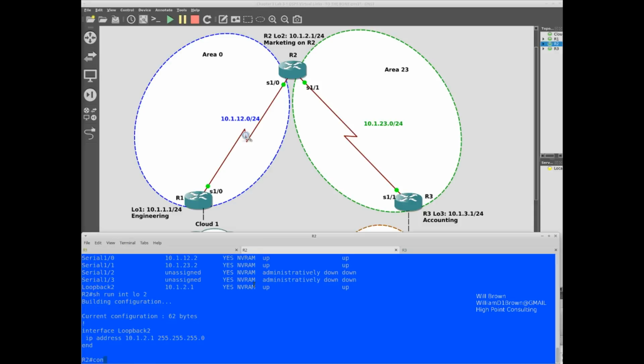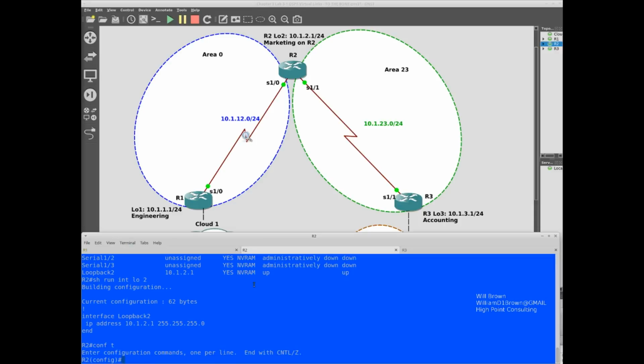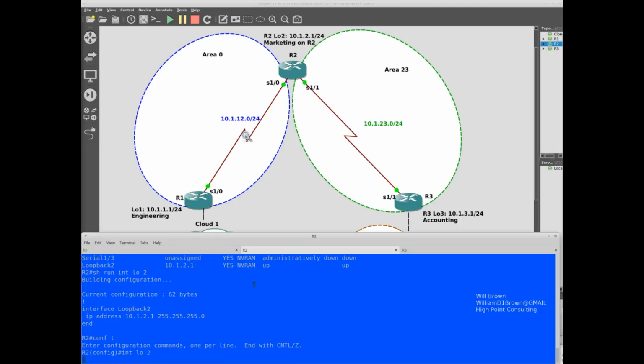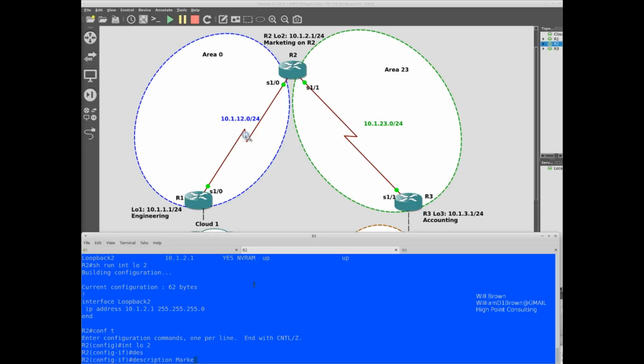Yep, I need to go in here also, conf t. So I haven't completed the configuration. I thought I was done, but not quite. A little homework here that I need to finish up. Interface loopback 2, make this description marketing.